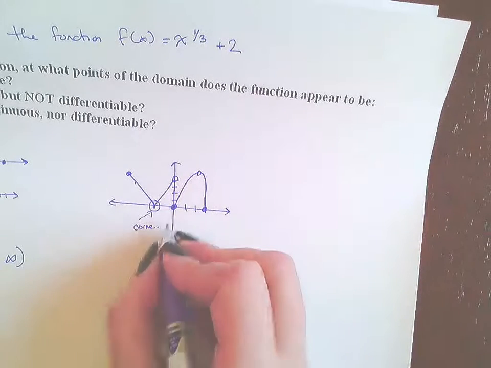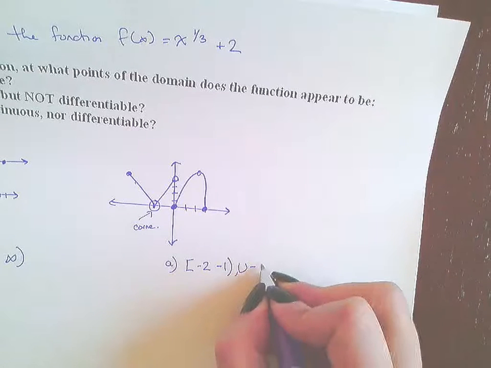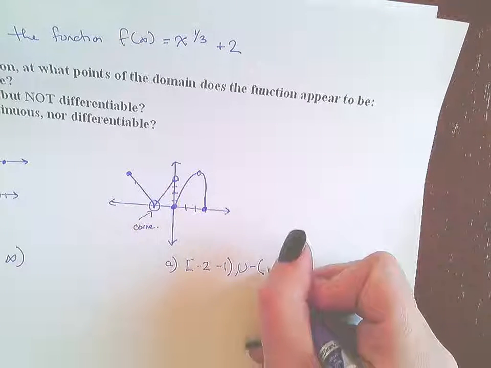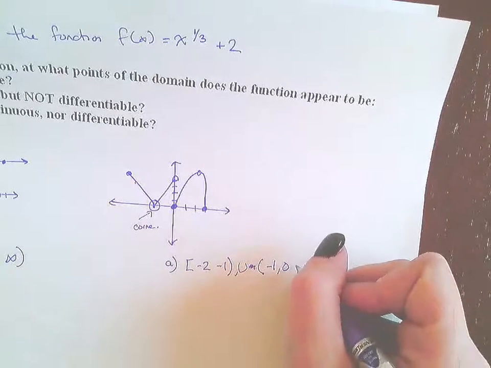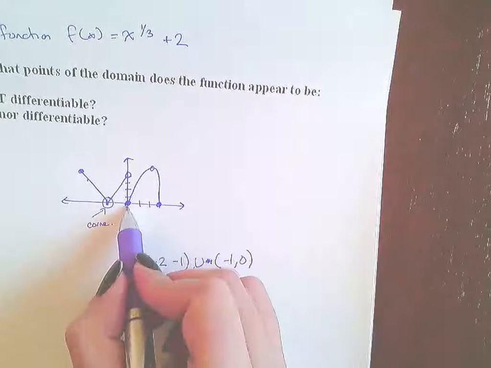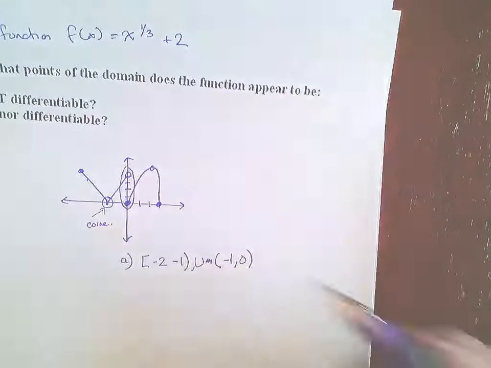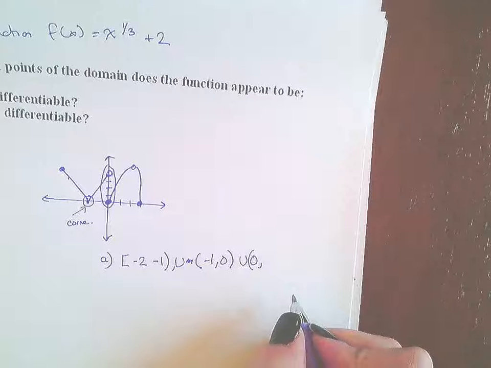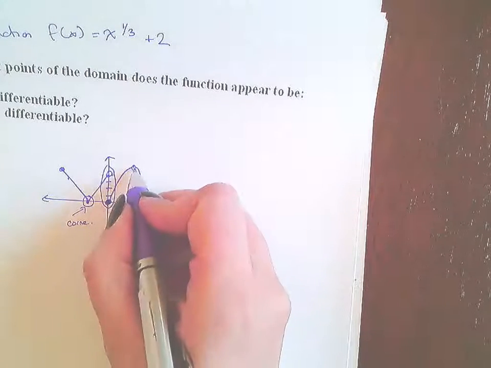And then it picks up at -1, not included. You do have a slope all the way to 0, but 0 is obviously not included because it's a hole, not because of any other reason. It picks up at 0, but at 0 we are not differentiable because there's a jump. So it picks up at 0, but 0 again is not included because of that jump. Okay? So it picks up at 0 all the way to 2